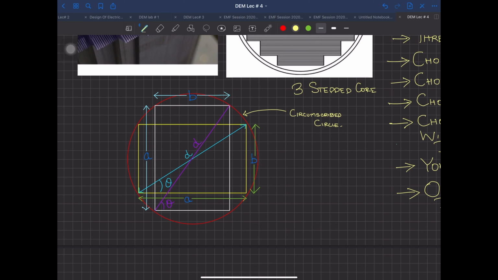A single-step core is just a simple square. So you can see a two-step core over there. The two dimensions, as you can see, are A over here, and then this is B over here. And then this is the same dimension B and A. So I don't need to elaborate on this one, because these are two rectangles with the same dimensions. Thus their orientation is changed by 90 degrees.